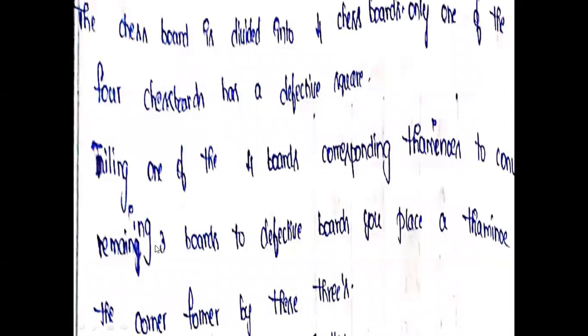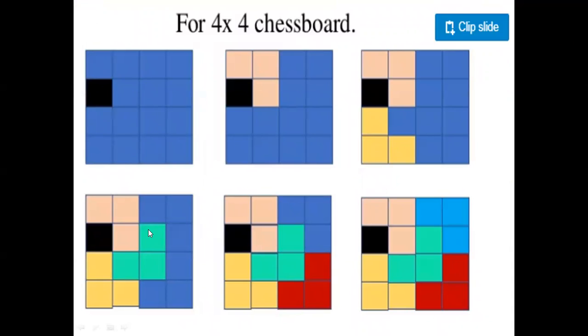Every square has one triomino. The second square is covered by one triomino, the third square is covered by one triomino, and the fourth square is covered by one triomino. In every square we are left with one non-defective square, filled with green color. In the remaining three 2 by 2 squares, the 3 non-defective squares are covered by one triomino.